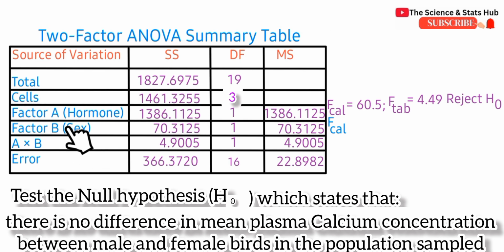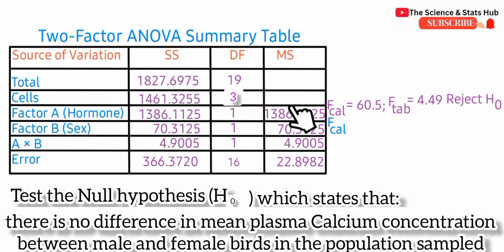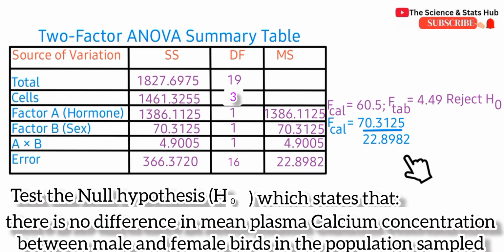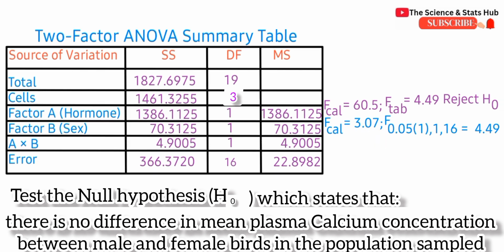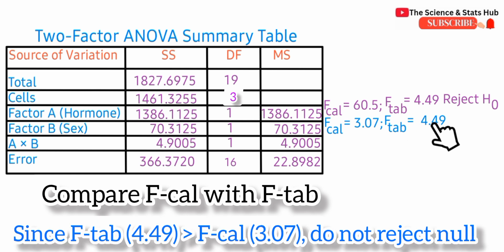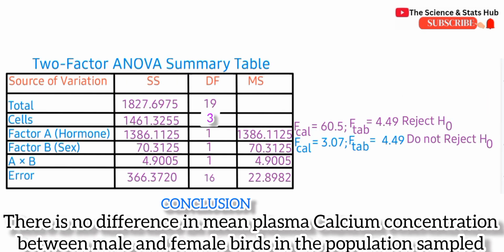Our F calculated for factor B, being sex, will be equal to sex mean of square divided by error mean of square value, which is equal to 3.07. Remember, our F tab gave us 4.49. Making a comparison between F cal value being 3.07 and F tab value being 4.49, obviously F tab value is greater than F cal value. Therefore, here we do not reject the null and conclude that the mean plasma calcium concentrations between male and female birds